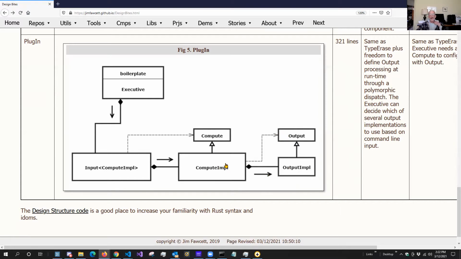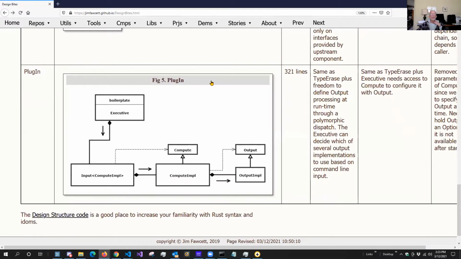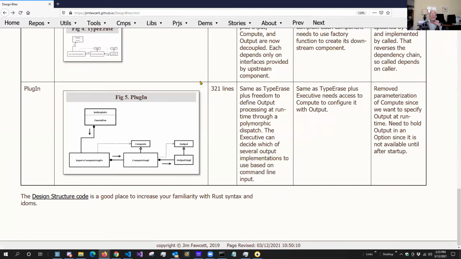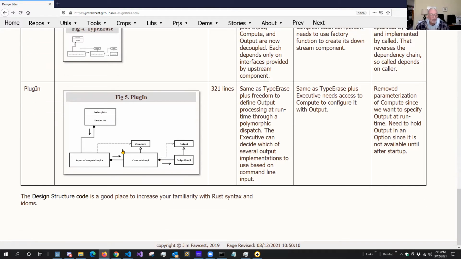So now it's a little harder to understand and maybe a little harder to maintain, but a lot more flexible. It's a little more complicated, a few more lines of code, because we have to give the executive access to compute through input, because all it has is input, and we've got to provide the plug-in interface. Okay. Now what I've done